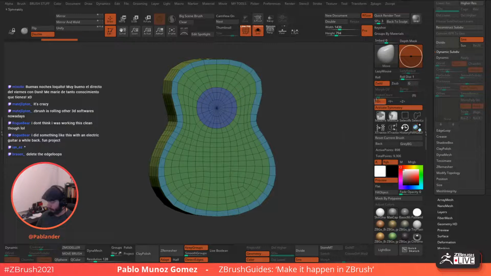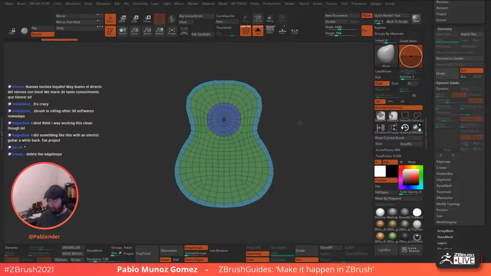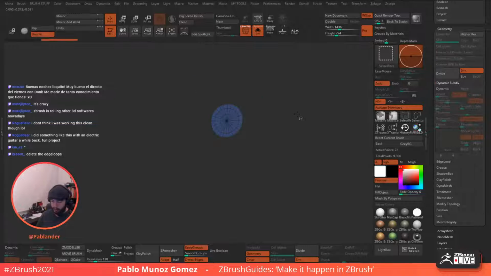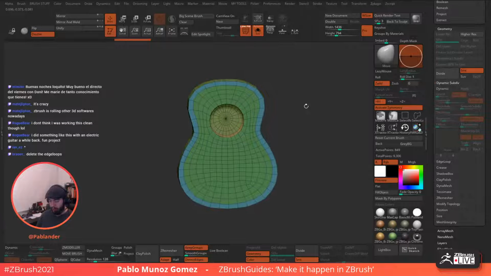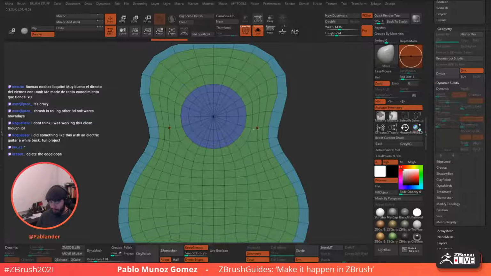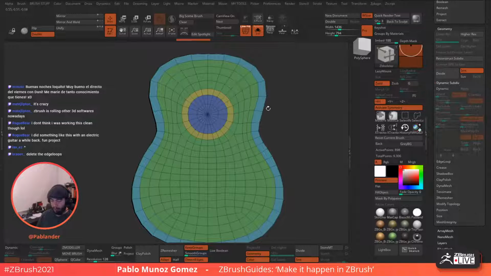What I'll do is, at this point, it's pretty much a cleaning up and repeating some of the processes. So I'm going to hold Control and Shift, select that, just to open that. And I think it's too big. So let's, I mean, you can create another polygroup, right? So that would be an easy way to do it. Just right click, polygroup, right? And do that. Or just to show you something else, you can